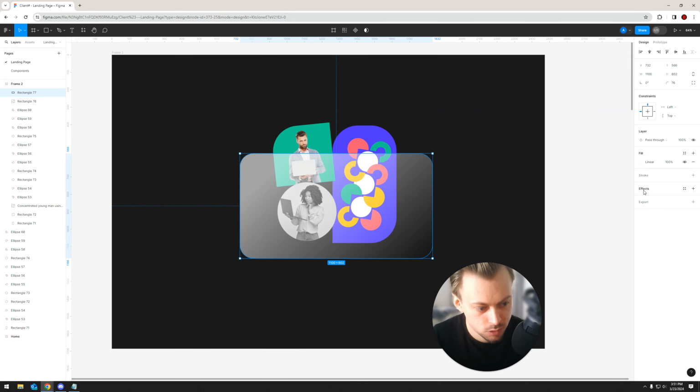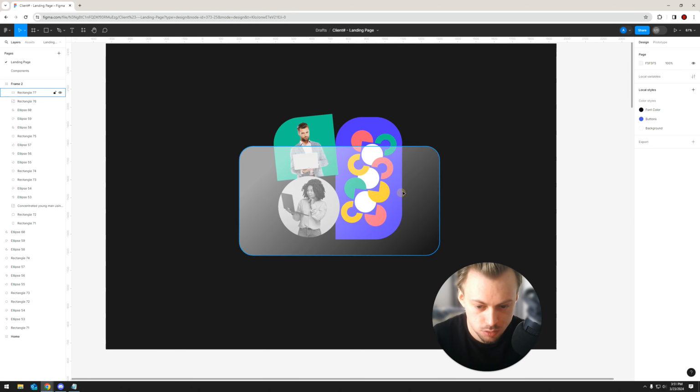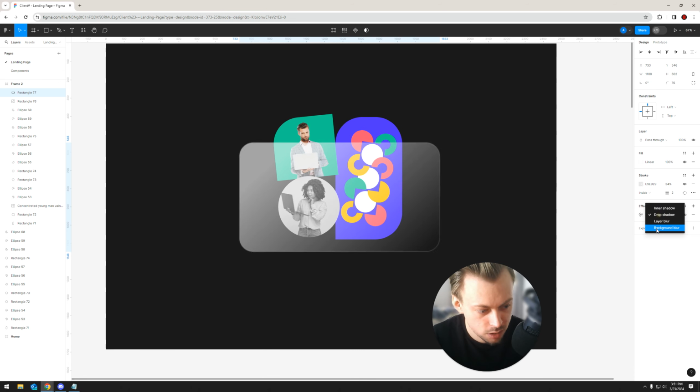Okay, now go and add a stroke that's almost transparent, I guess. Something just for the accent. You can increase the stroke a bit if you want to. Okay, and now just go to effects and add background blur, and then click on this